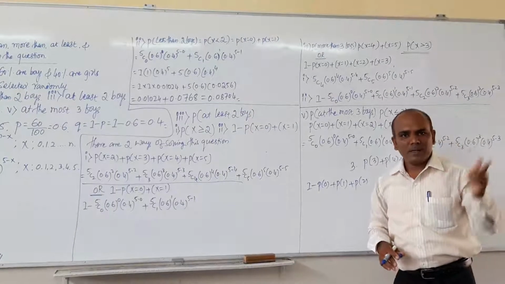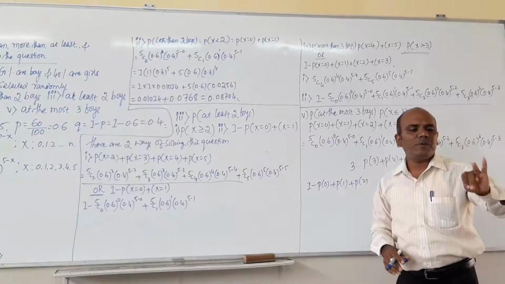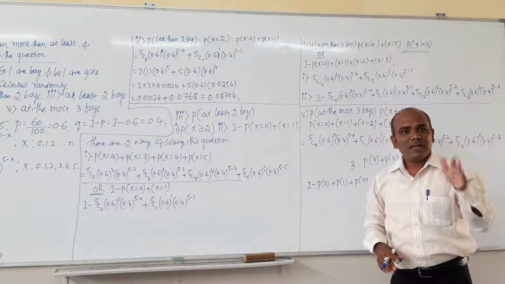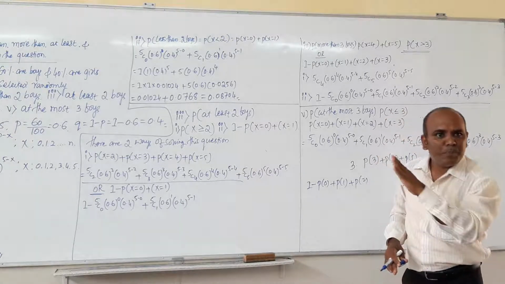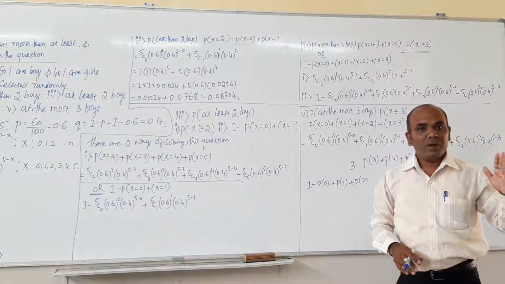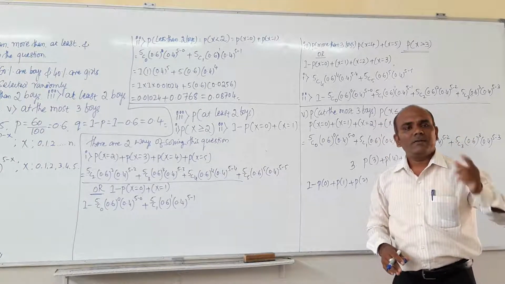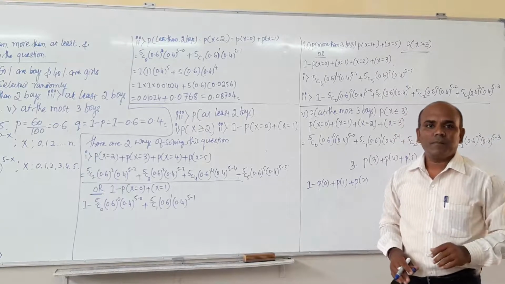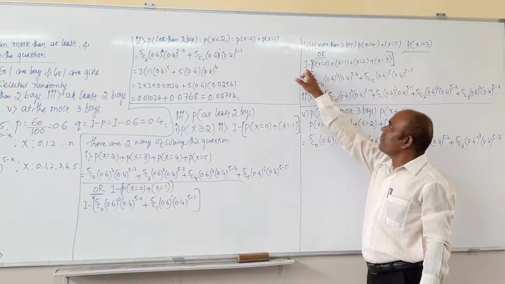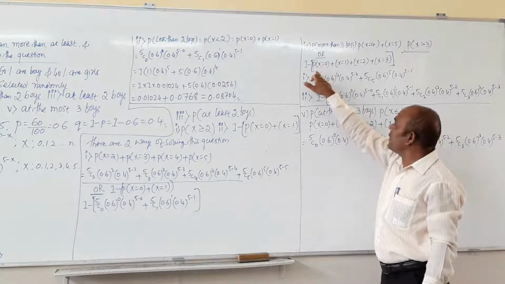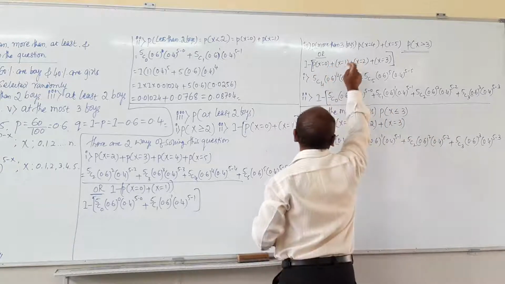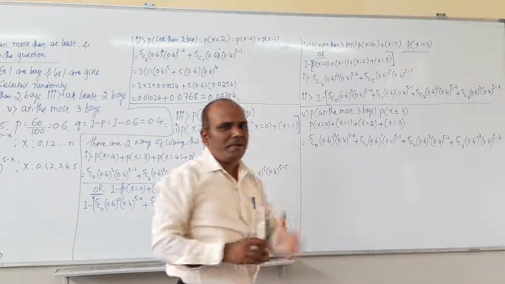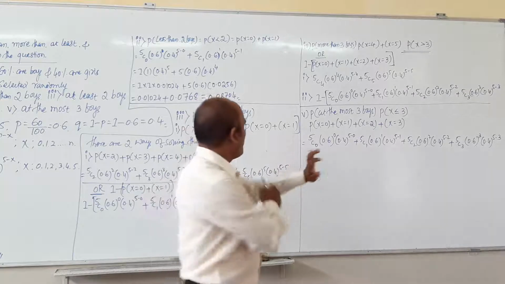It means 1 minus p of 0 plus p of 1 plus p of 2 plus p of 3. Don't get confused. When they ask at least, then leave that number, consider below that number x values. When they ask more than 3 and we apply the 1 minus concept, then 1 minus, open bracket, p of x equal to 0, then x equal to 1, then plus x equal to 2, then plus x equal to 3 will be applied when we apply the 1 minus concept for such a question.